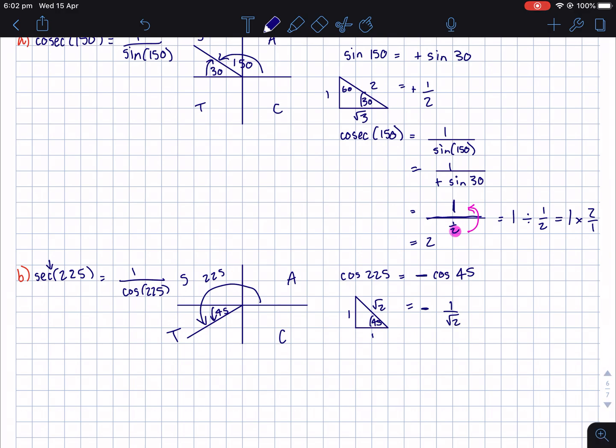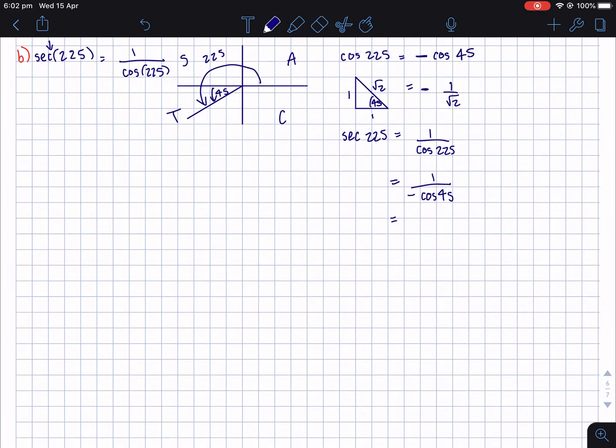Or it could have been root 2 on 2, but you don't need to rationalise these. Okay, so finally we can say sec 225 equals 1 on cos 225, which equals 1 on minus cos 45,